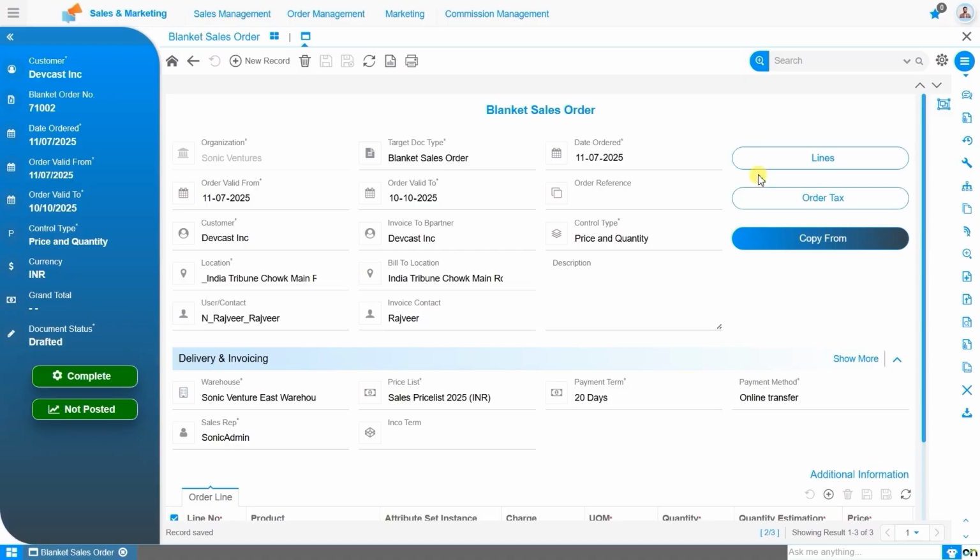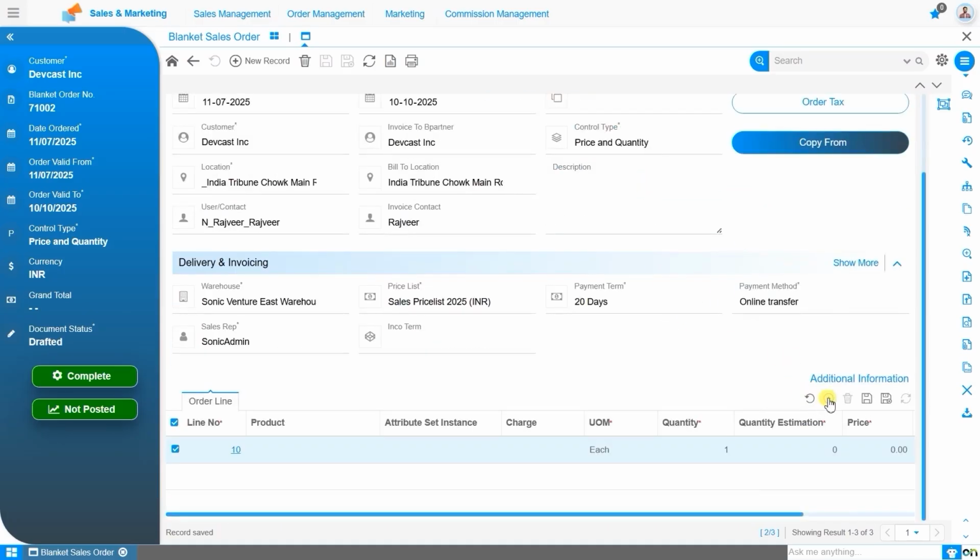Now, let's proceed with inserting a line. You can do this directly from the Order Line Composite view. Simply click on New Record within the Order Line Composite view, and then select the product. In our use case, the product is the desktop. If there is any attribute set instance available for the product, it can be defined in the attribute set instance field at this stage. Since our product does not have an attribute set instance, we will proceed to enter the